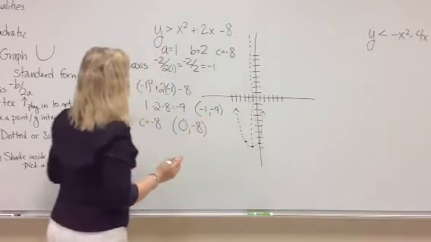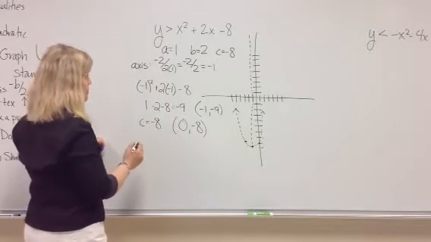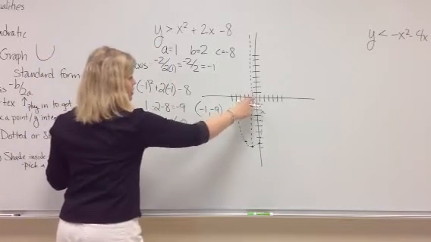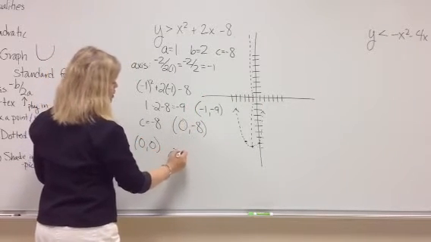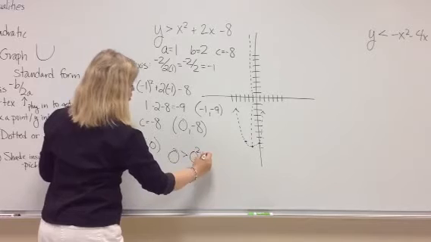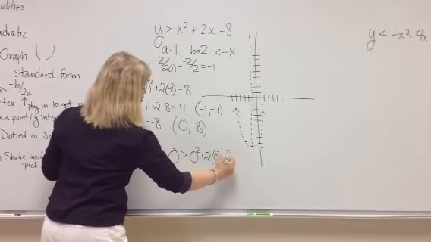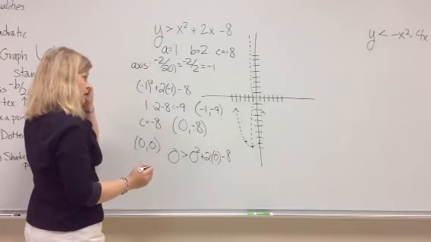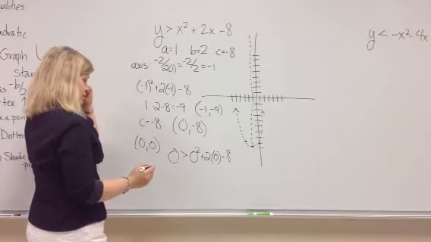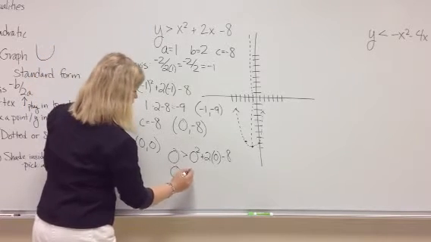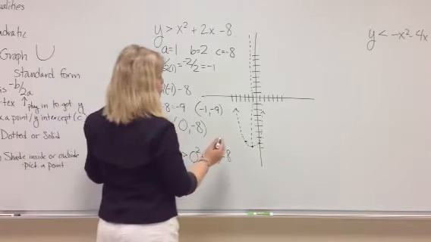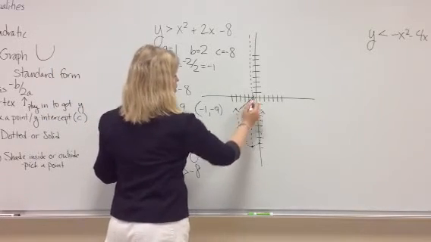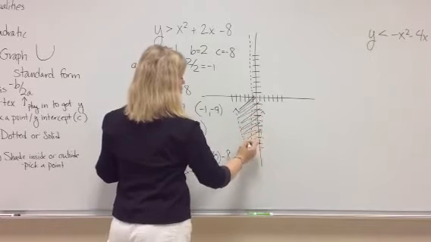So I'm going to pick the point 0, 0, because that's just a nice one, even though I'm way far away from it. It's easy to calculate. So is 0 greater than 0 squared plus 2 times 0 minus 8? Okay. 0 is greater than negative 8. That's true. So anything inside the parabola